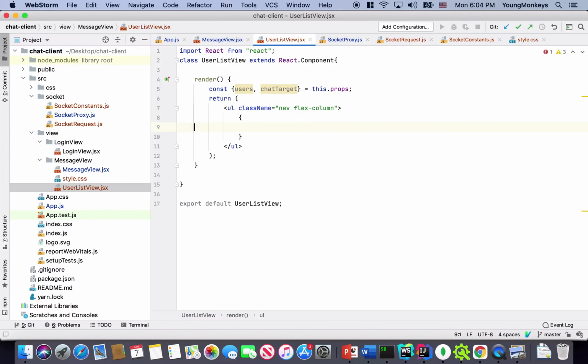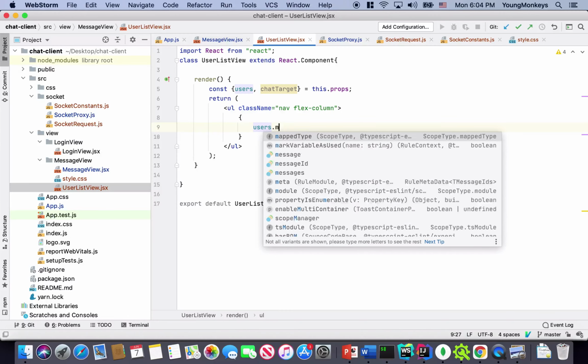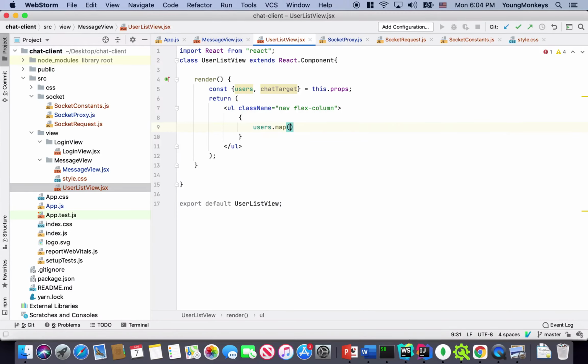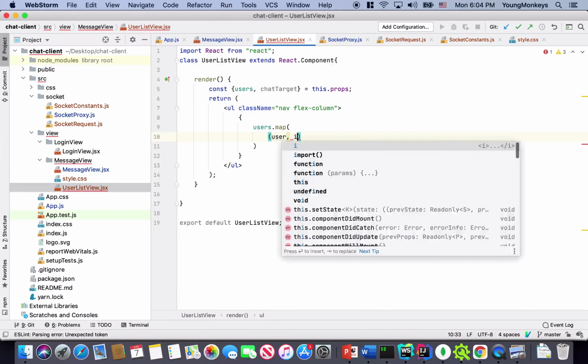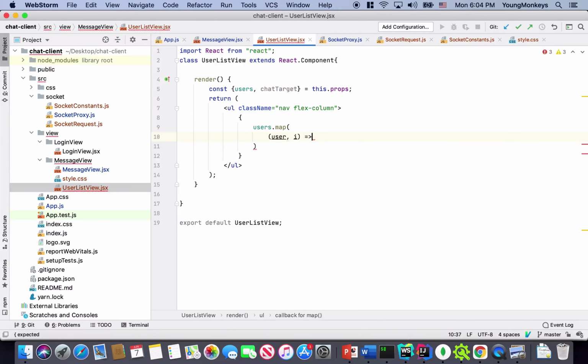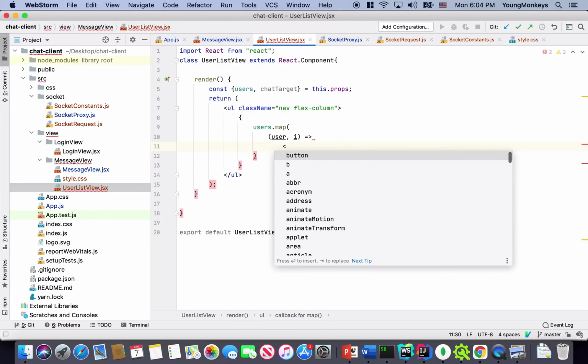Okay, if I have the user here, I can use user dot map, and within this for each item, I'll go user and index. I'll return